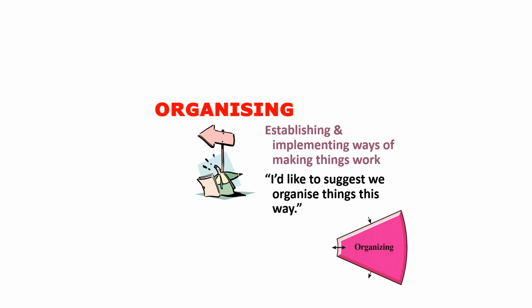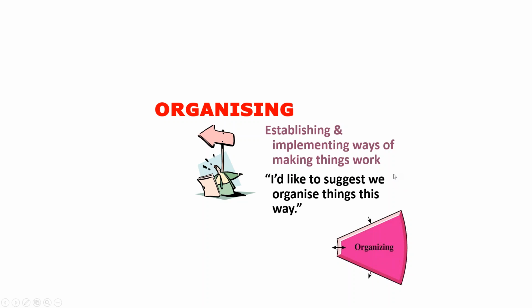I know I have a preference in this area, and I'm very frustrated often if I'm sitting around in a team and we're not getting anywhere. I'll often find myself jumping in, whether I'm chairing that meeting or not, and make those sorts of comments like, I'd like to suggest that we do this as step 1, or let's map out a process about how we're going to achieve this. I dare say some of you have a preference in this area as well. It's quite common for a team leader to have a preference in this area. So getting down to action is very, very important to the organiser.